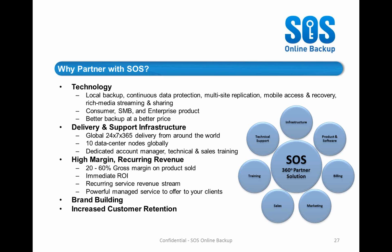Although I will mention our CES service. Our most popular service when it comes to servers is our complex environment support service, which is a package for $25 a month per server, $300 a year, where we take over the full management of backing up a given server. Usually that would be one of your clients, but we would take over doing the backup and disaster recovery of that machine. And I think the reason that's been popular is it's just such a low cost. One of our partners, one of our first partners who helped us structure that offering, actually said to us that every time he touches a client, it's $100. So to have us fully